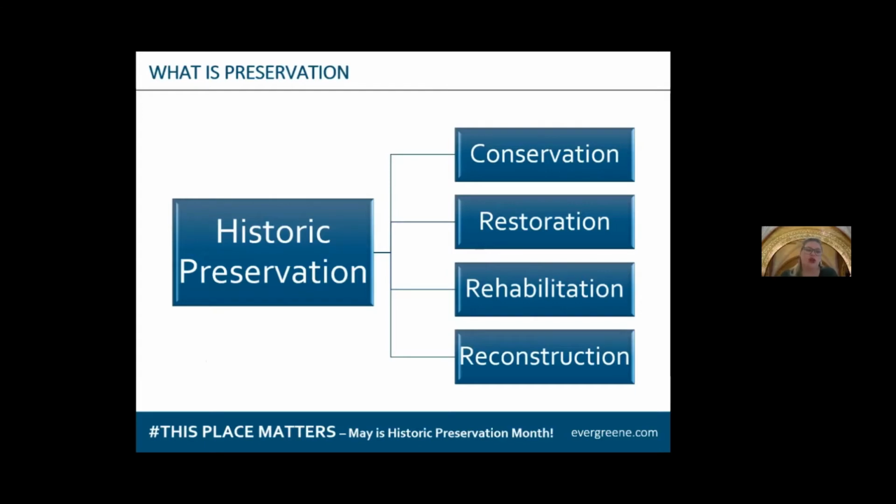So it ranges from everything from conservation, where we're looking to slow time down, preserve as much historical elements and historical ephemeral knowledge as possible through minimal intervention. Then there's restoration, where a little bit more interventive actions are taken, such as restoring a paint scheme rather than just doing touch-ups. Then you have certain features such as rehabilitation and reconstruction, which involve a lot of the terms you've probably heard of,